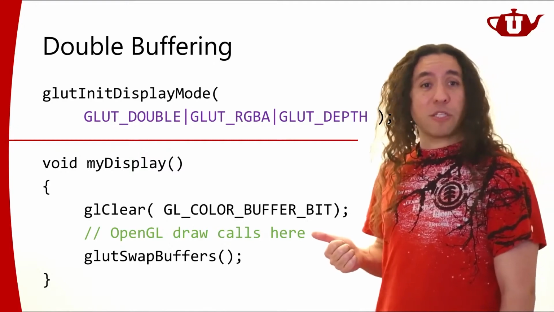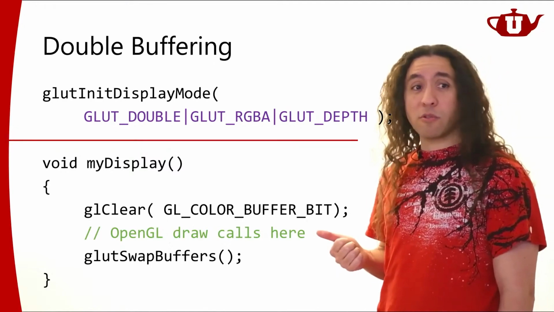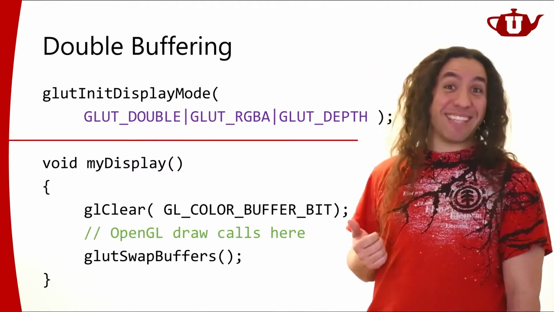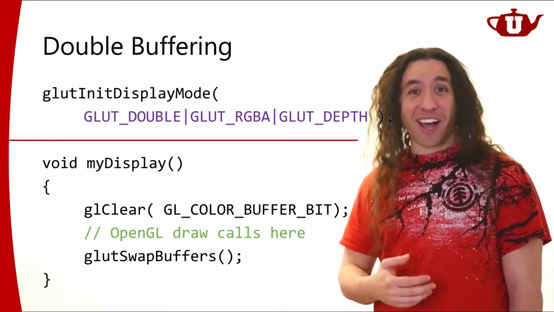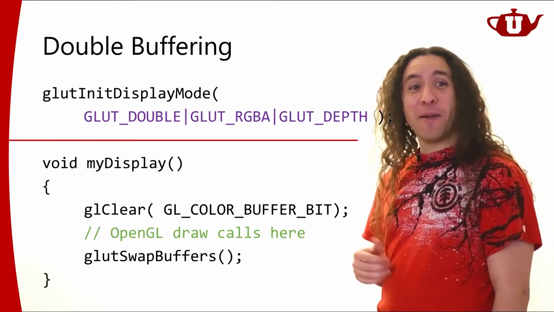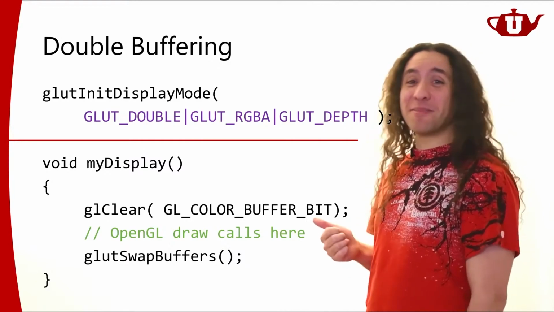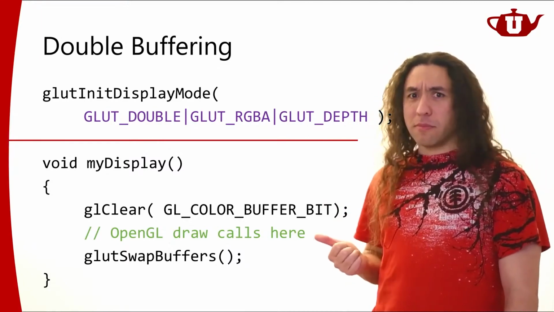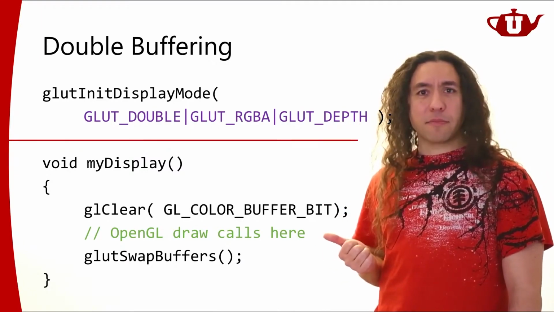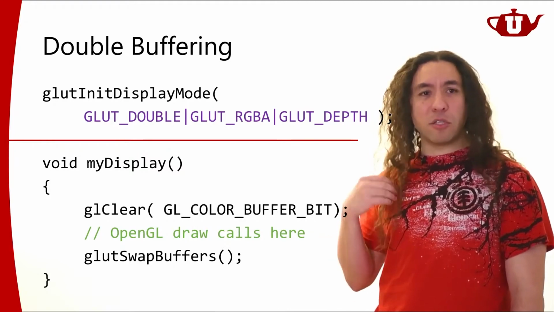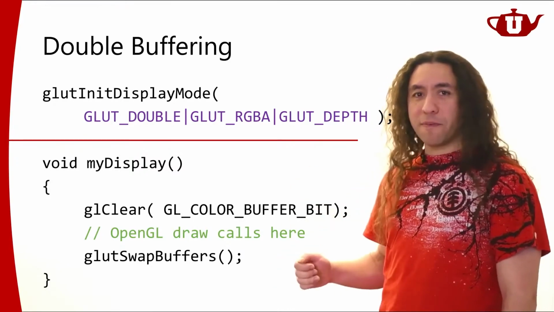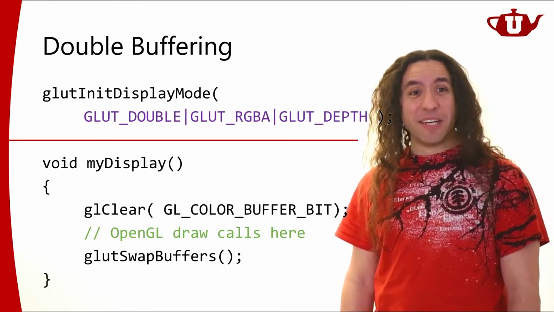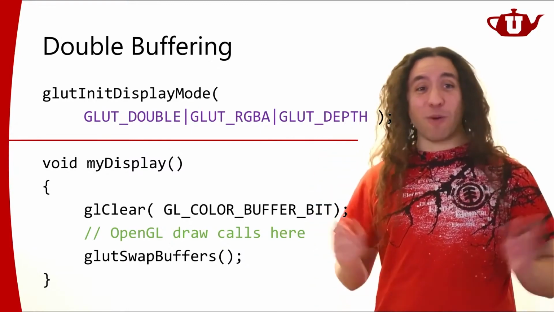Same goes for all of the OpenGL draw calls you're having here. So some of those draw calls may be quite expensive, and they may take several milliseconds. That's what it means when I say quite expensive in the context of interactive computer graphics. They may take several milliseconds, or maybe even more, maybe 100 milliseconds. Wow, it's really long. Yeah, so you're not going to wait for that. Your OpenGL calls will return immediately, and then I do all that stuff, and I call GLUT swap buffers. That returns immediately too. That doesn't mean that the rendering has finished and I swapped any buffers.